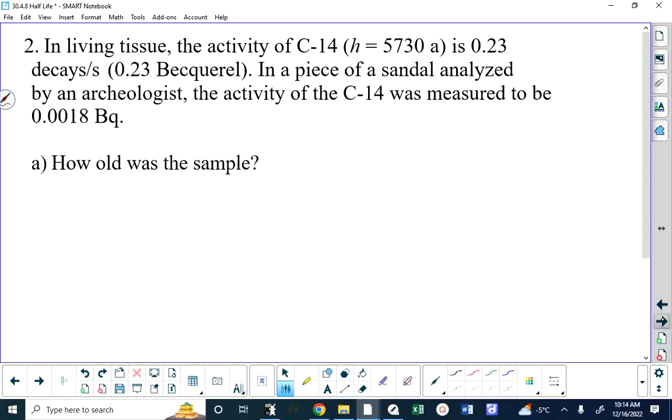So if we could measure the level of carbon-14 in everybody in the room, right now it's 0.23 decays per second. 0.23 becquerel is what we call it. In a piece of sandal, which is made from an animal, it's a leather product, analyzed by an archaeologist, they measure the decay to be 0.0018, which is less than 0.23, which makes sense because the cow